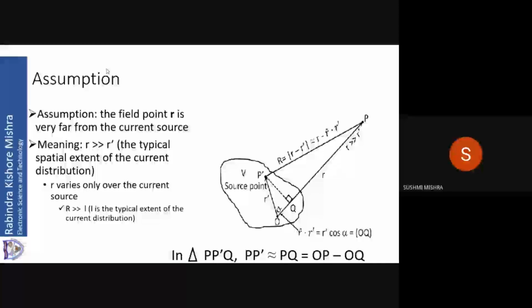The answer is very simple. You know, the point P is at a very large distance from P dash, which means we can take the point P to be at infinite distance from P dash, and we know that two parallel lines meet at infinity distance. So in that respect, we can say P dash is approximately equal to PQ,